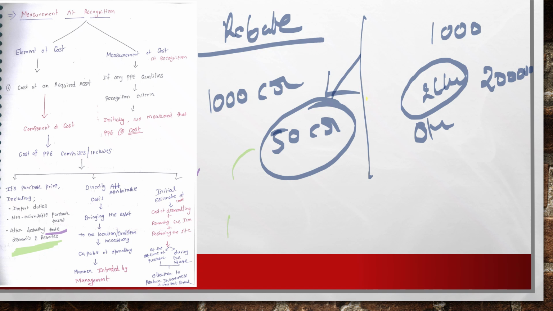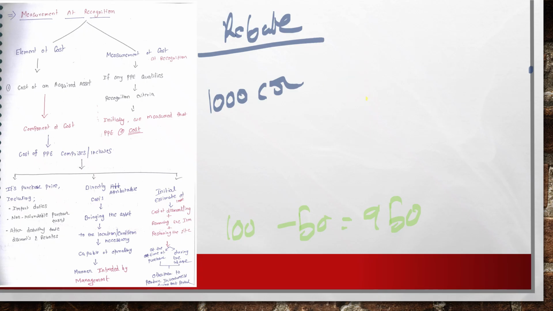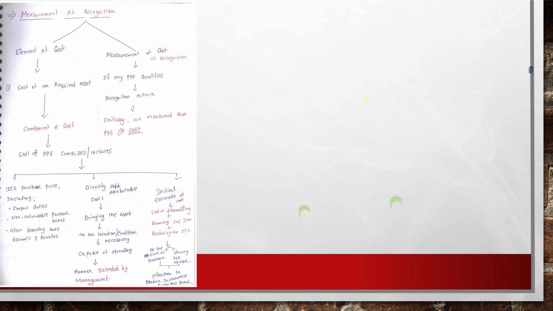So your original cost 1,000 minus 50 crores, 950 is only your PPE cost. As per this definition, you should exclude these trade discounts and any rebates included in your price. You should exclude those rebates and trade discounts while taking